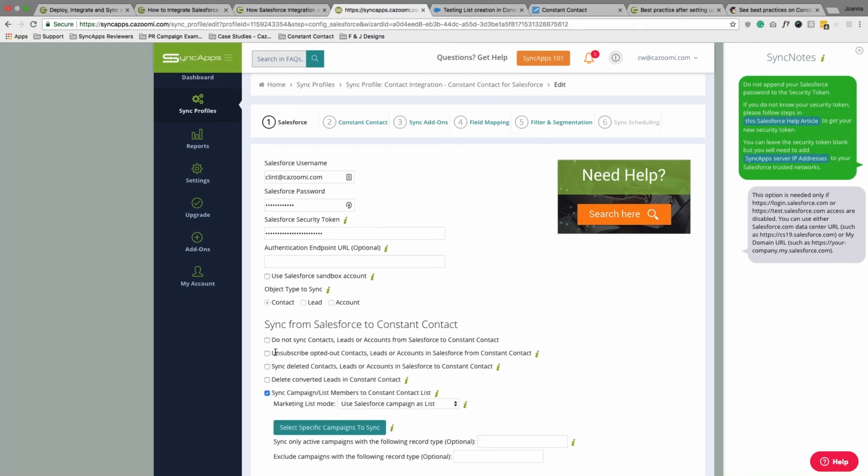Next, if you'd want to unsubscribe the opted out contacts in Salesforce. So if you have a Salesforce contact that has the status opted out, then if you'd like to unsubscribe that in your Constant Contact, then definitely check this checkbox here. Thirdly, if you'd like to sync the deleted contacts in Salesforce to Constant Contact,